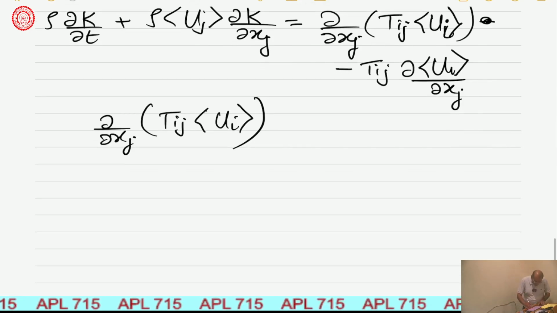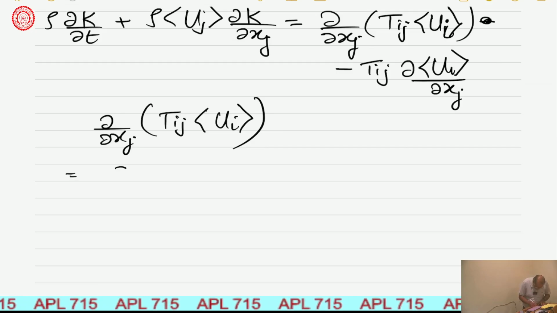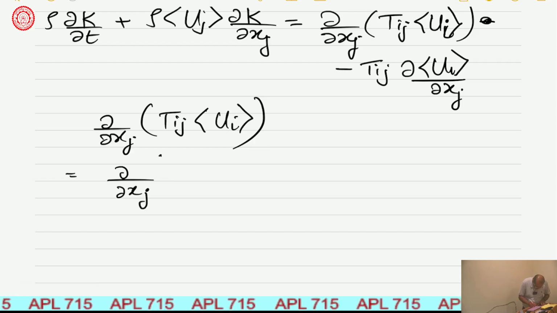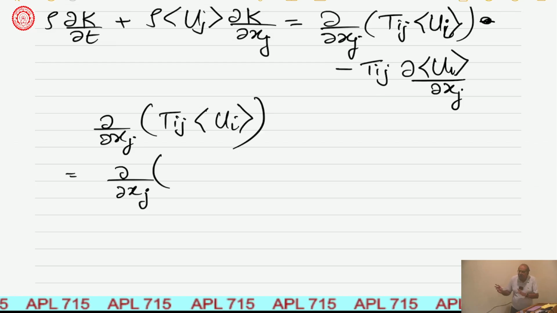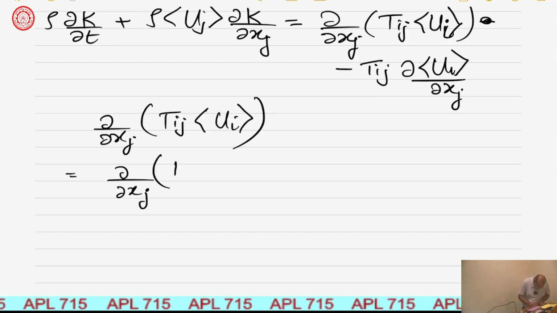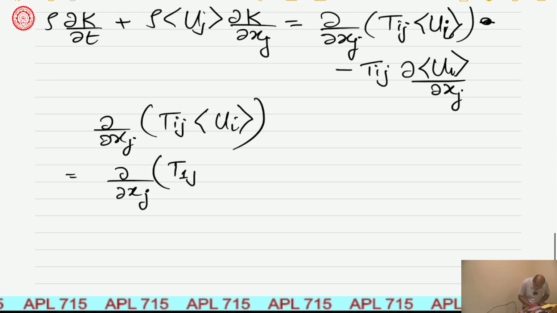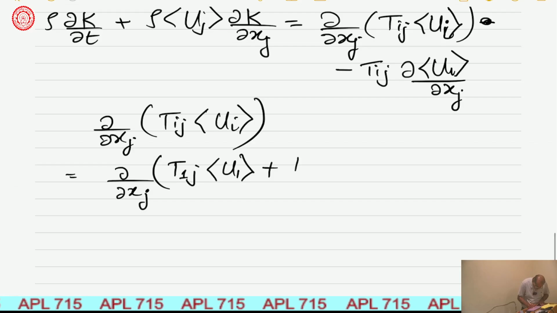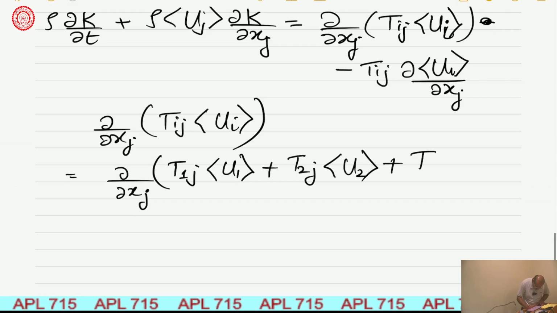This will be equal to, first, partial by partial xj. Let's sum over i first. So it will become T1j mean of u1 plus T2j mean of u2